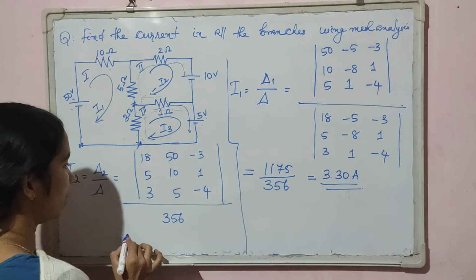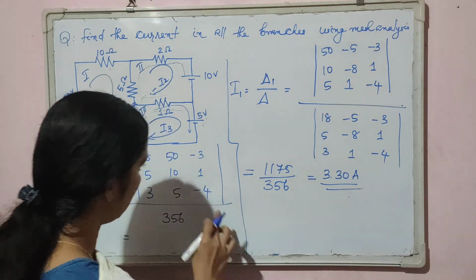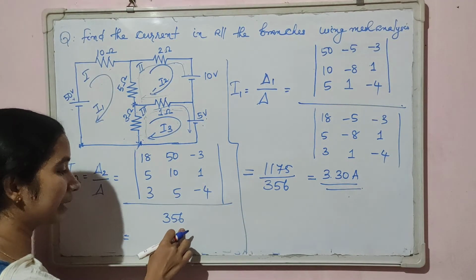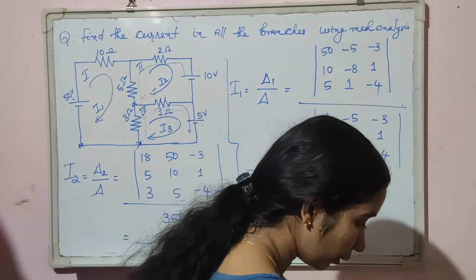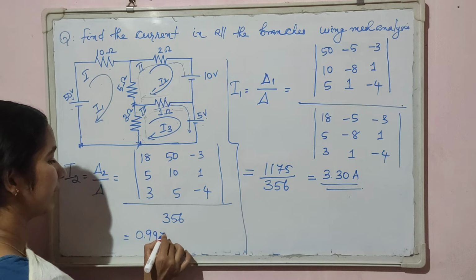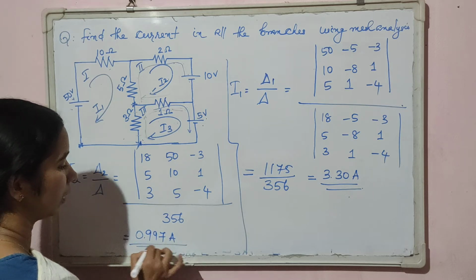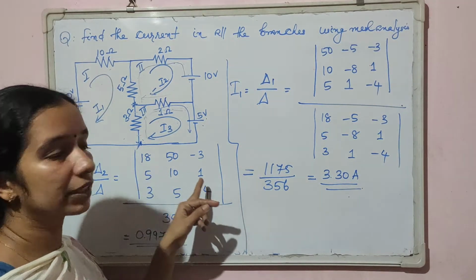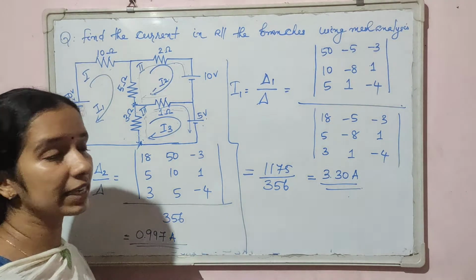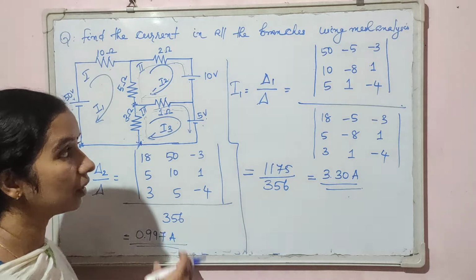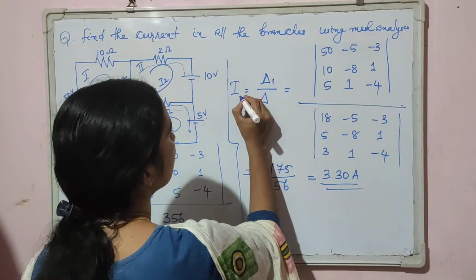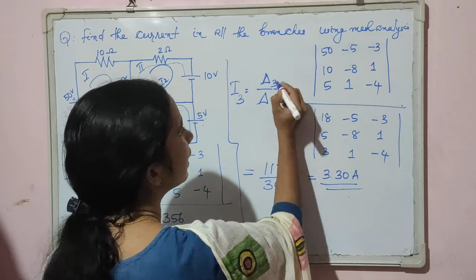So the answer will be, you know how to calculate the determinant of this matrix, and divided by 356 we will get the value of I2 as 0.997 ampere. So do it by yourself, calculate the determinant and check whether the answer equals 0.997 amperes. So now let us calculate the current I3, and I3 will be equal to delta 3 divided by